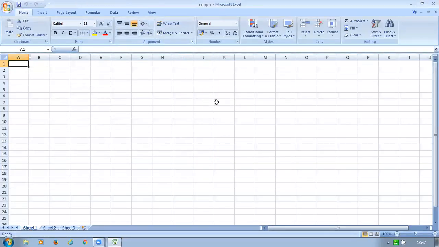I hope everyone has seen this Excel sheet before. So this is the appearance when you open Excel. This is the first appearance. Okay. See here, these are called small boxes. Whatever you are seeing on the screen, those are called cells.